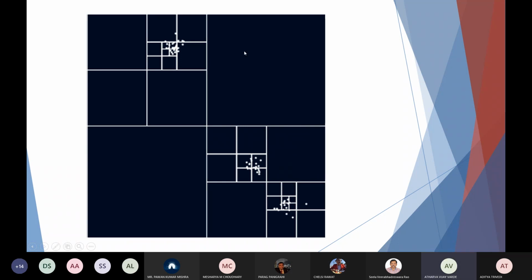Now, a particular feature of the quadtree data structure is that the branching is not uniform in all cases. You can see that in the first quadrant, there are no internal squares or internal nodes present. This is because there are no points there, and if we tried to branch it uniformly, we would be storing a lot of redundant information.